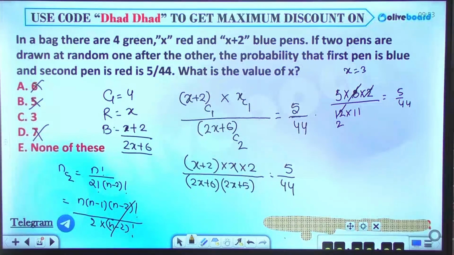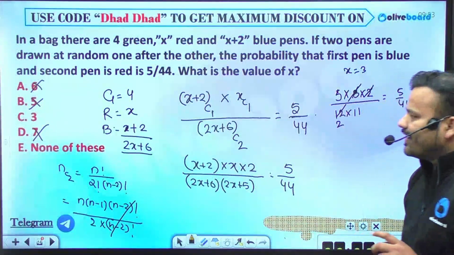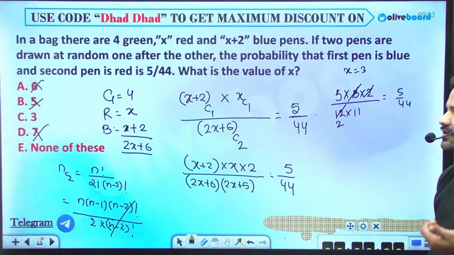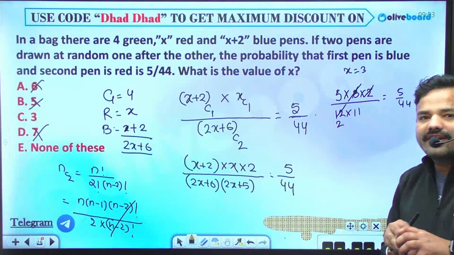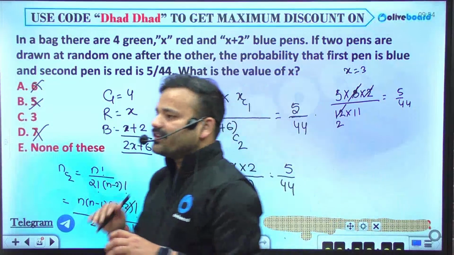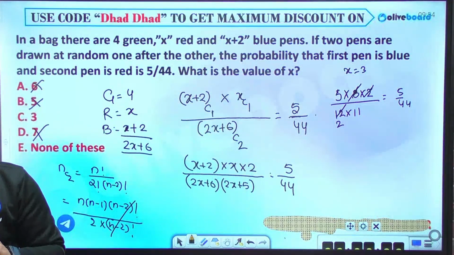3 will be the answer, 3 has to be the case। Clear? So 3 will be the case, तो वैल्यू ऑफ x इक्वल्स 3, अगर मैं x सब्स्टिट्यूट करता हूँ 3 से, तो देखो ये क्या होगा, कंडीशन क्या होगा, एक रिपीटिशन वाला बोला नहीं है, मेंशन नहीं किया whether you are putting the ball or not, तो इसका मतलब वो बॉल दोबारा पुट नहीं कर रहा होगा, ठीक है।